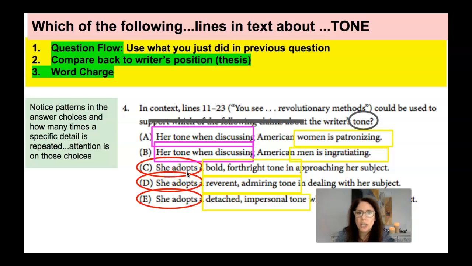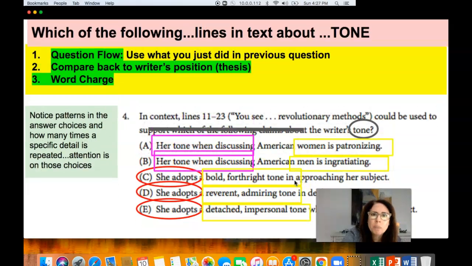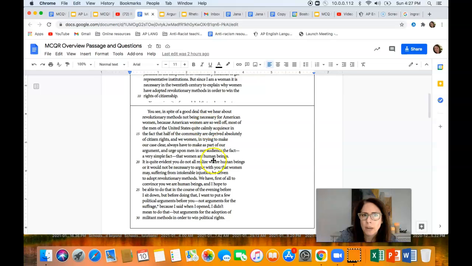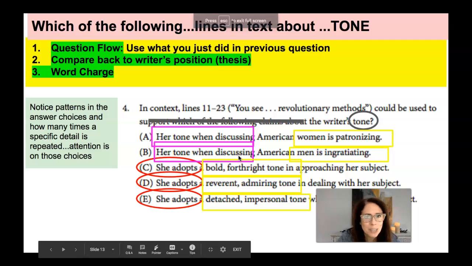So these all have in common that she adopts a certain tone with her subject, right? 3 times. The first one is a bold, forthright tone in approaching her subject. Again, we need to go back to that text just to remind ourselves: in spite of a good deal that we hear about revolutionary methods not being necessary for American women, because American women are so well off, right? She's using that sarcasm. If we know from the previous question, by spending time with so well off, that it's sarcasm, and then she starts with you see, okay, this is 1913, and she's talking to perhaps a male audience,